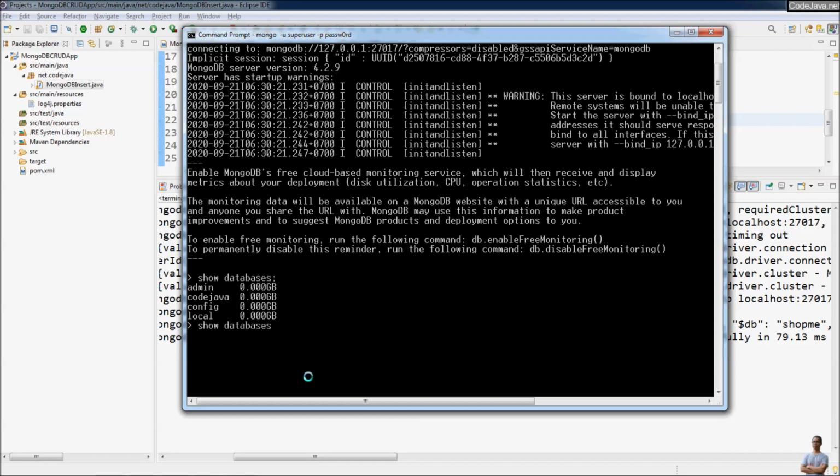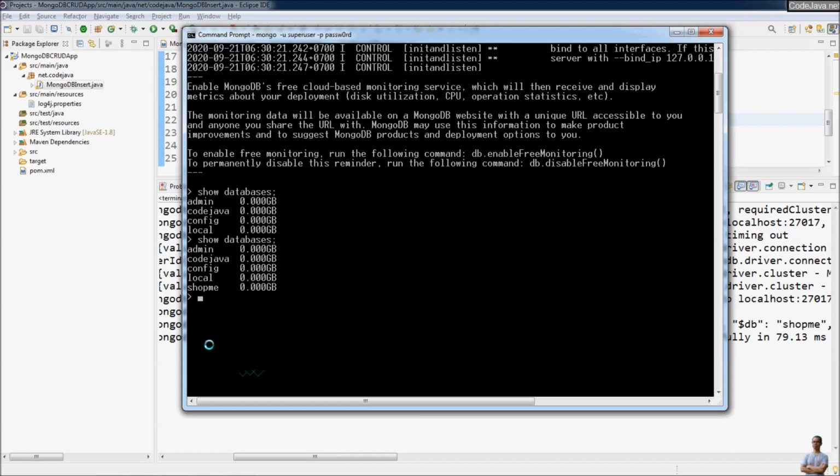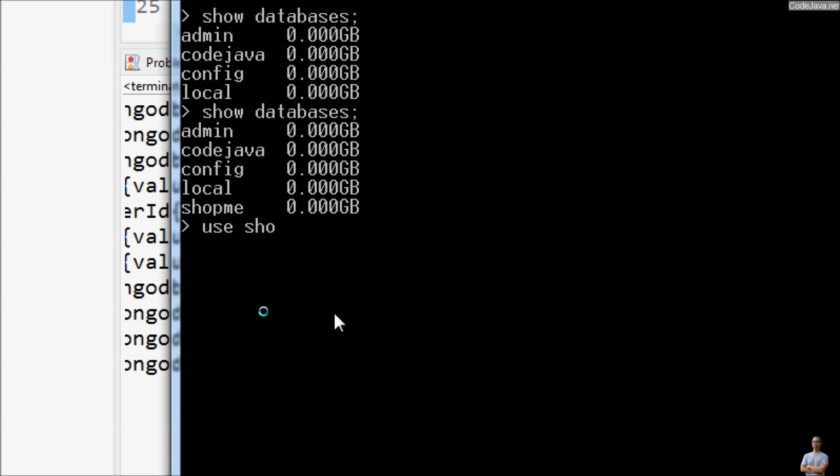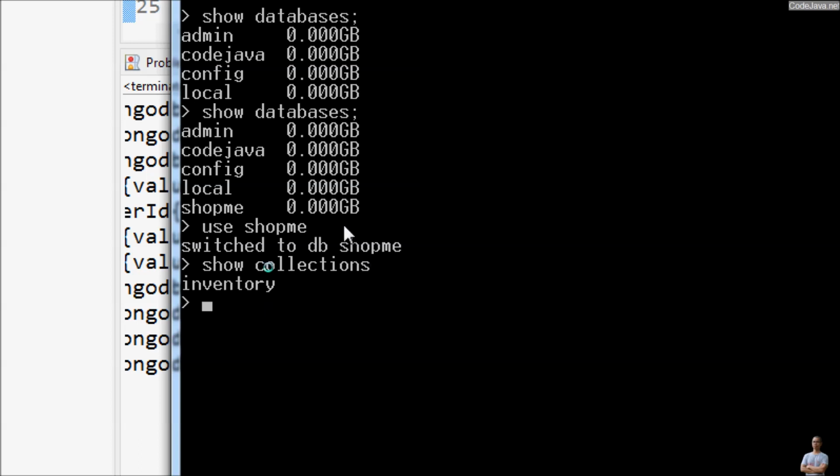Show databases, and you can see the new database name got created here, subme, and then we use subme database, and you can show the collections in this current database, and you can see the new collection inventory got created here, and we can use this command